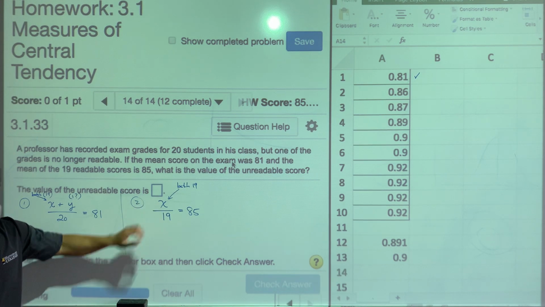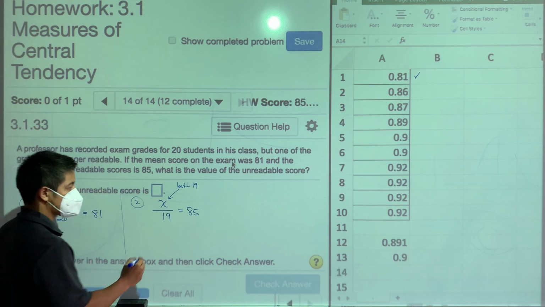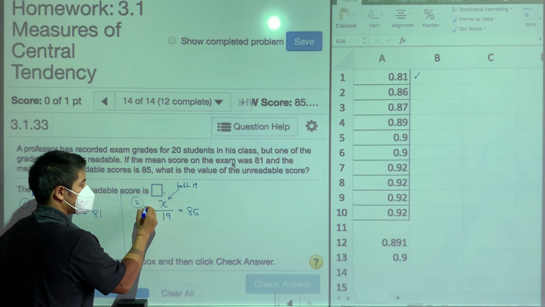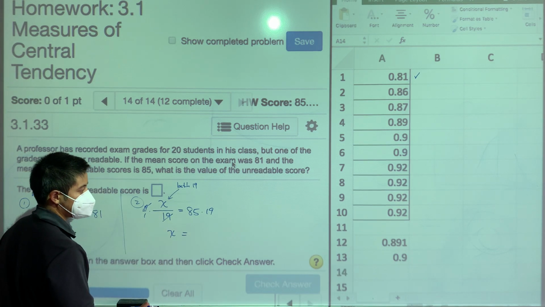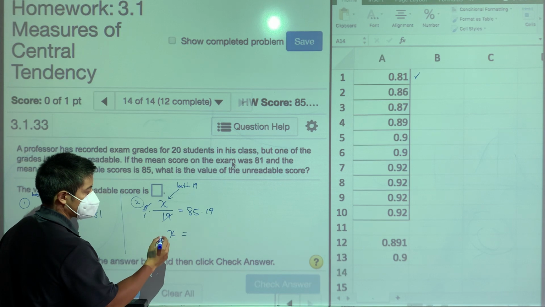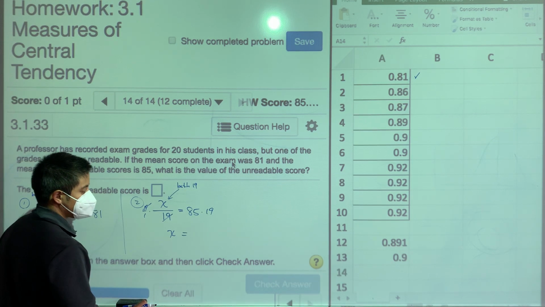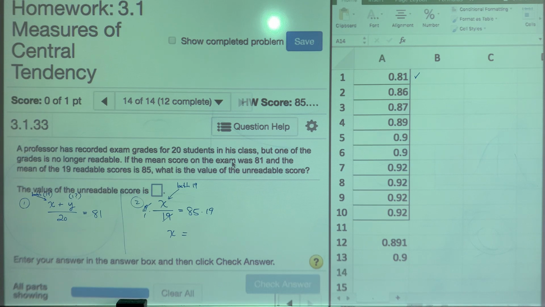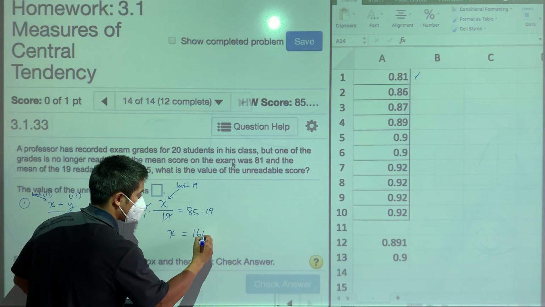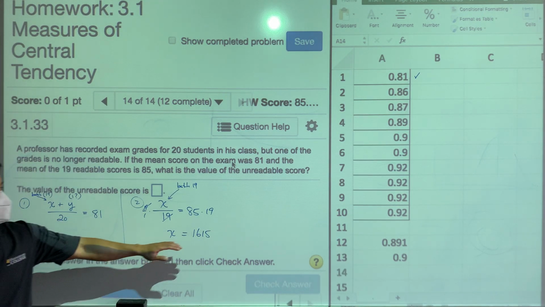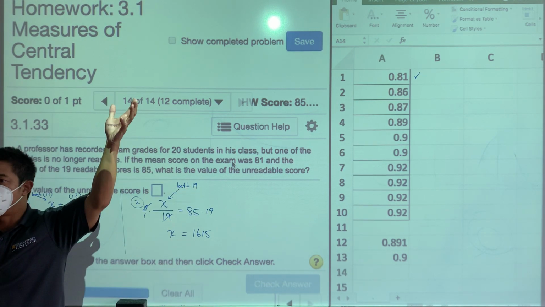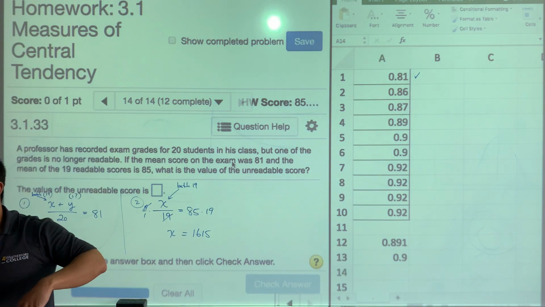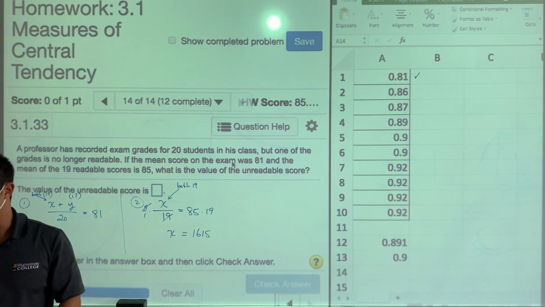Okay. Let's go solve for x real quick. To solve for x, I multiply everything by 19. Can somebody tell me what 85 times 19 is? I could do it off to the side, but it sure would be nice if somebody did it for me. And we got it? 1,615. Okay. Great. What does the 1615 stand for? It is all those 19 scores added up into one giant number: 95, 76, 44, 55, 62.